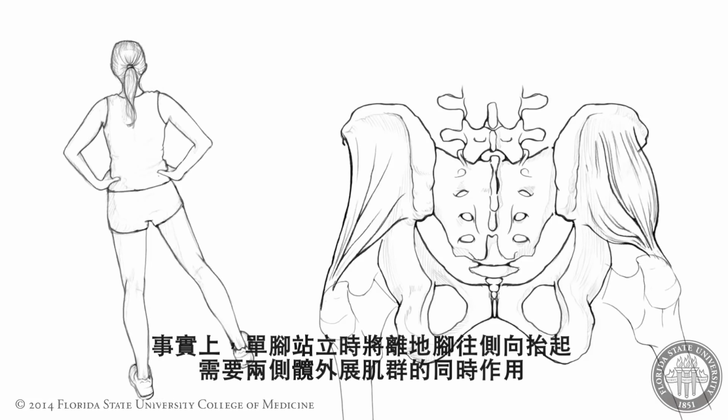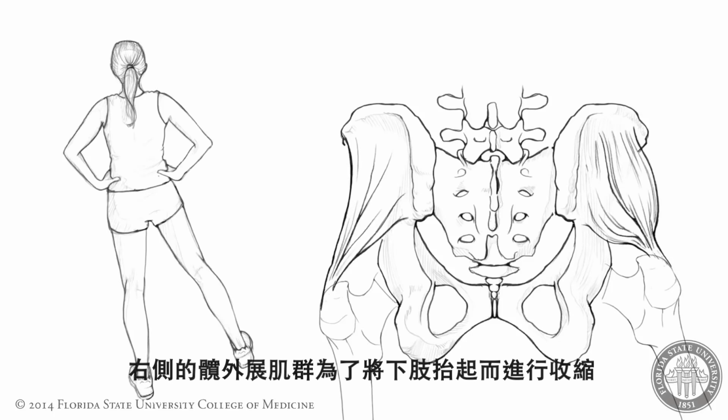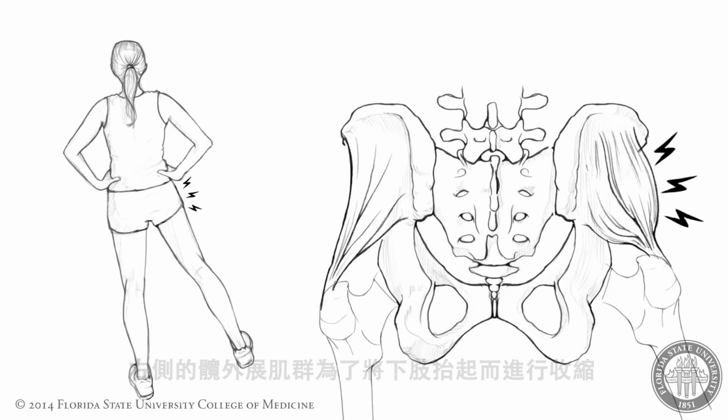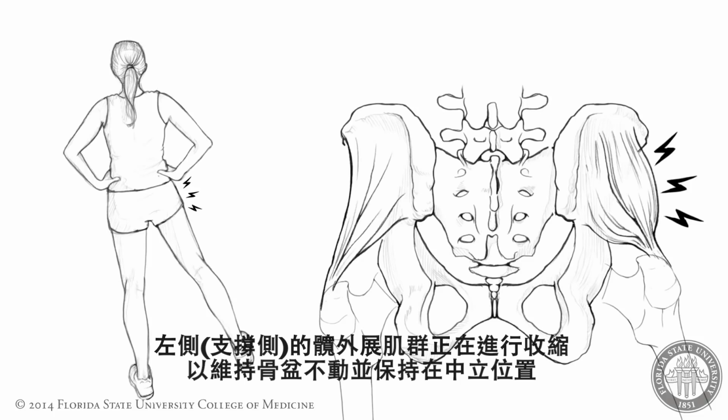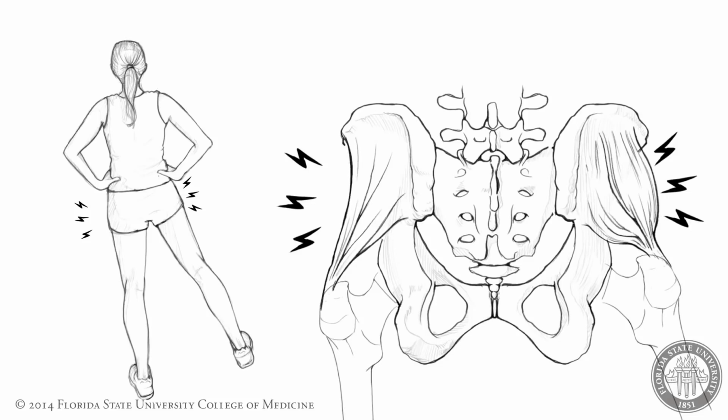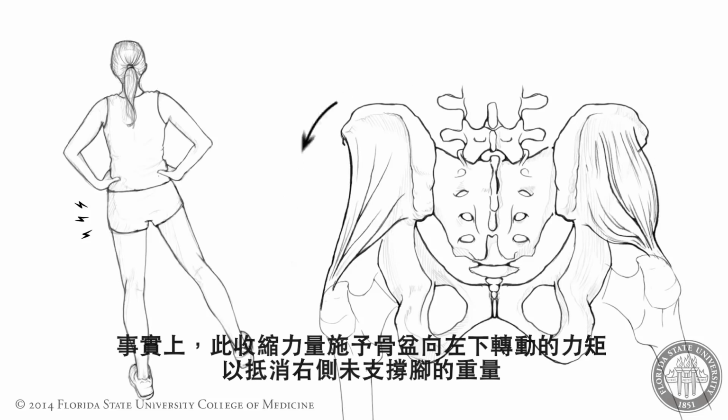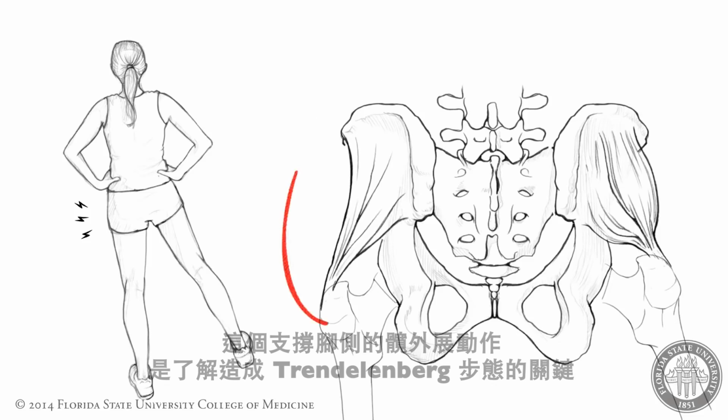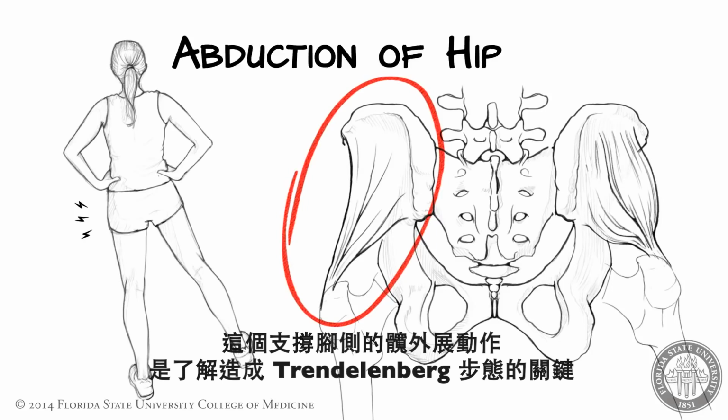In fact, raising the leg laterally while standing requires the simultaneous action of the abductors on both sides of the body. Obviously, the abductors on the right are contracting in order to raise the right lower extremity, but at the same time, the abductors on the left side, the supporting side, are contracting in order to immobilize the pelvis and maintain it in a neutral plane. They are, in fact, pulling the pelvis laterally in order to offset the weight of the unsupported right leg. This action, abduction of the hip on the side that is supported by contact with the ground, is key to